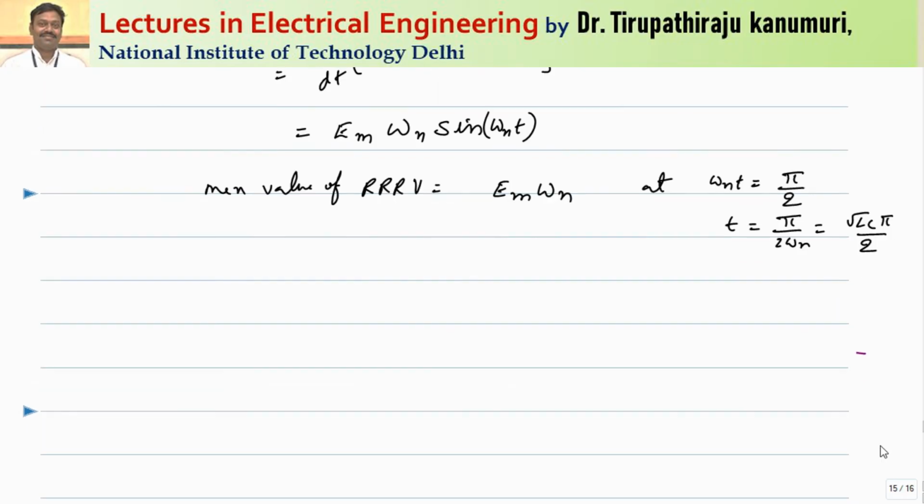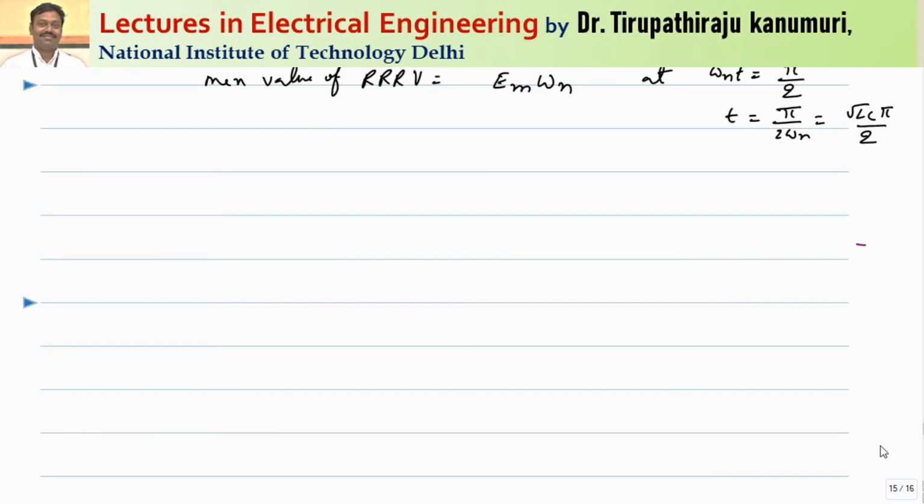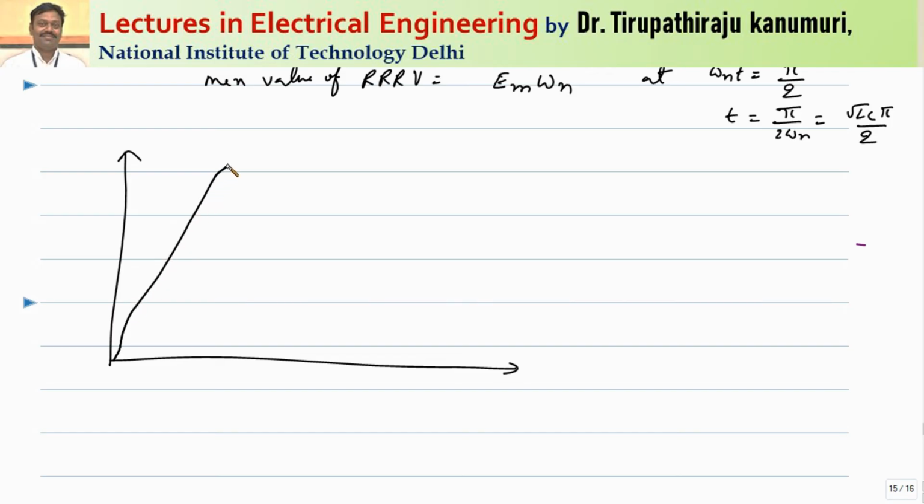Now the restriking voltage will become maximum, because if you are plotting the value of the restriking voltage, the curve will come like this. The oscillations are there, and gradually the oscillations die out. So it reaches the maximum value here, and after that it is going on dying. I have only plotted the transient value of the voltage, not the combined value, because on your supply frequency this E maximum value is superimposed, so it reaches 2 times E maximum at the first half cycle. So at this point it reaches the maximum value.